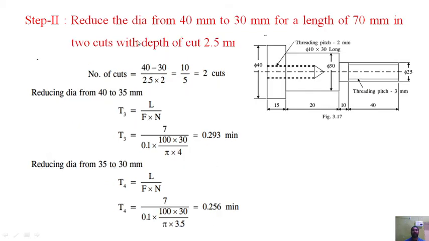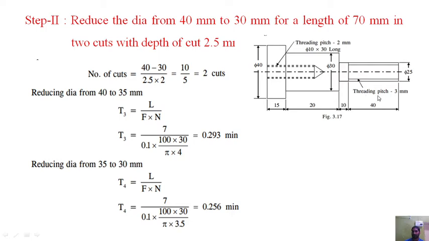In the next operation, you have to reduce the dia from 40 mm to 30 mm for a length of 70 mm. So 40, 50 and 70. So for 70 mm, this is finished now, 40 mm, so you should not touch here. So now next operation here, step turning. So we can reduce here 30 mm it is there. So you have to reduce it to 30 mm dia.